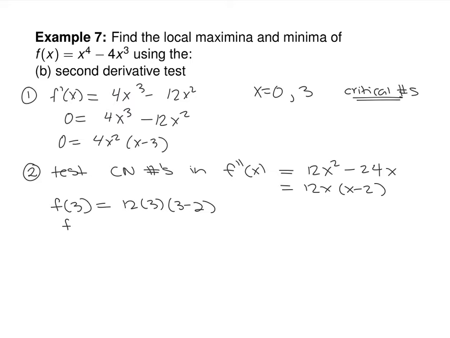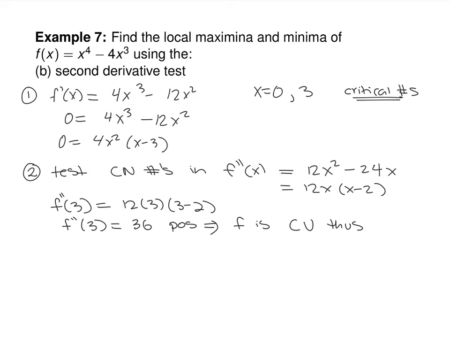That's 36, which is positive, which means that f is concave up or concave down? Concave up. Second derivative positive means concave up. Positive is up, negative is down. So concave up,